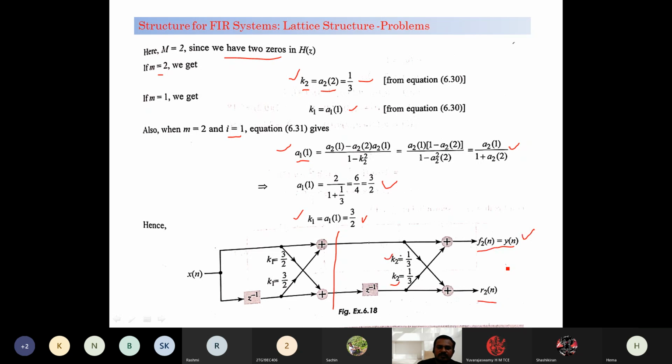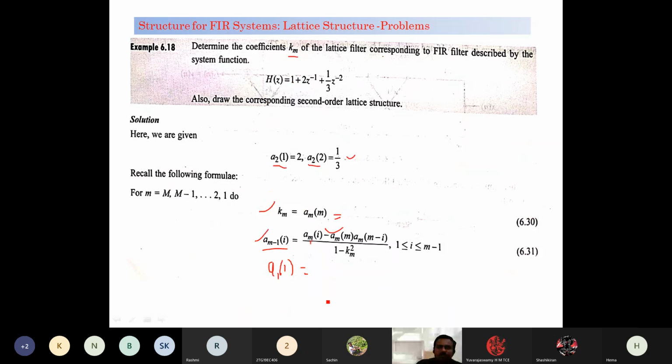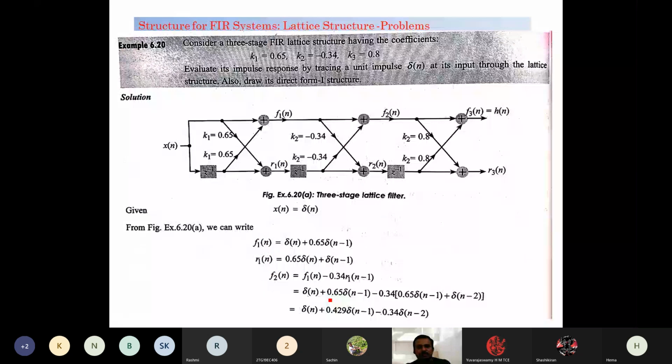So in the design of lattice structure, we are calculating the coefficients of each stage, that is the K value. To know that K value, we have to remember these equations. These two are the main equations that we need to remember. Sometimes another problem they give is the K terms. They are going to give the lattice structure and ask to design the